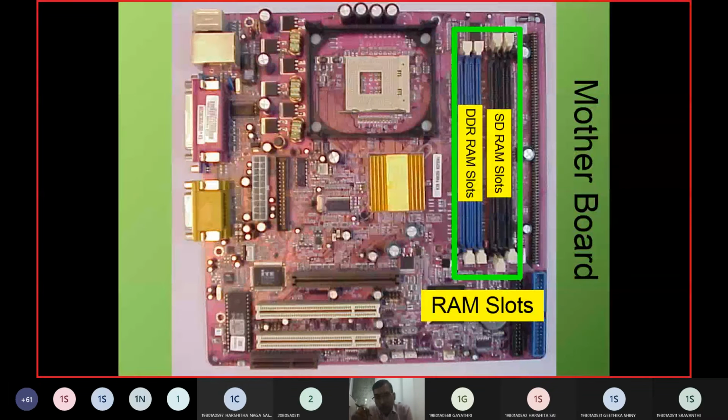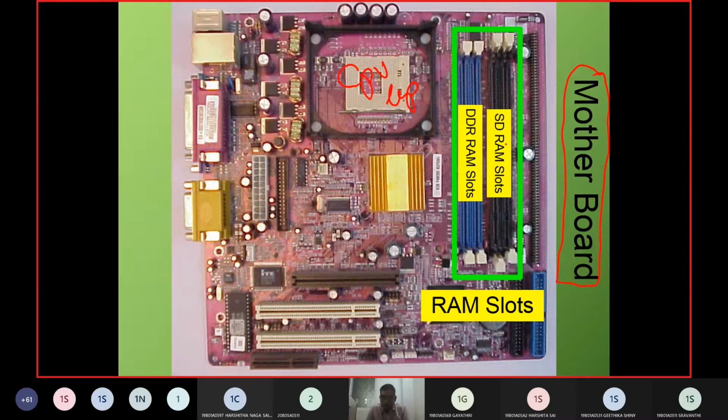Now, where are the random access memory slots on the motherboard? In the beginning of the class, we were talking about the motherboard, a board that holds all the components of the computer. At this position, we will put the microprocessor, the CPU, we will clip it, and above it, we will put the fan.